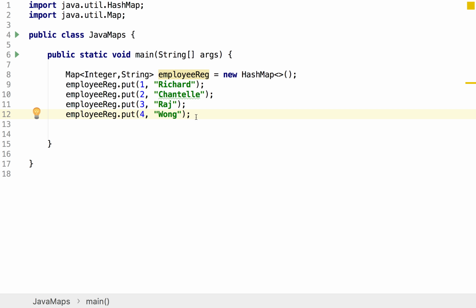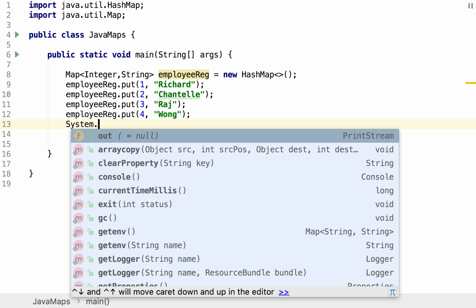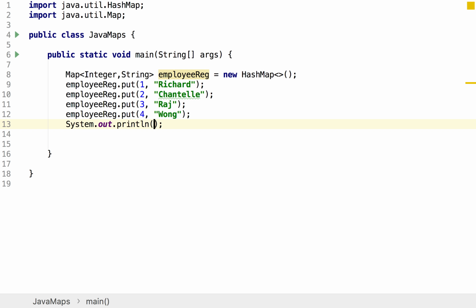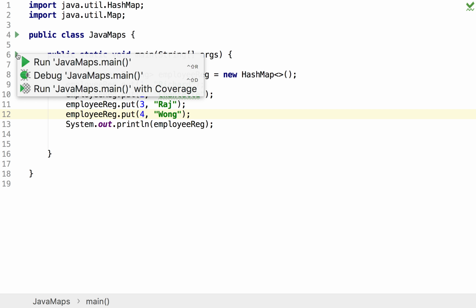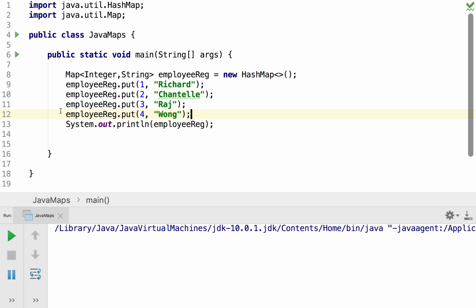And so we can see all our key value pairs put into our map. The way we do that is simply by doing a System.out.println statement, and we just put in the name of our map. So let's run this. And as we can see, we get 1 equals Richard, 2 equals Chantel, 3 equals Raj,